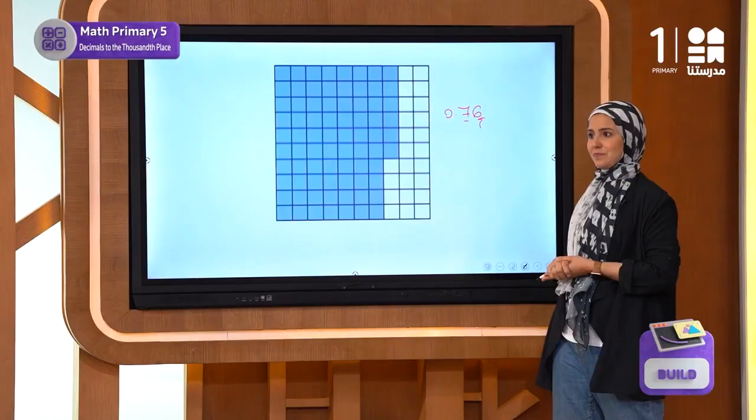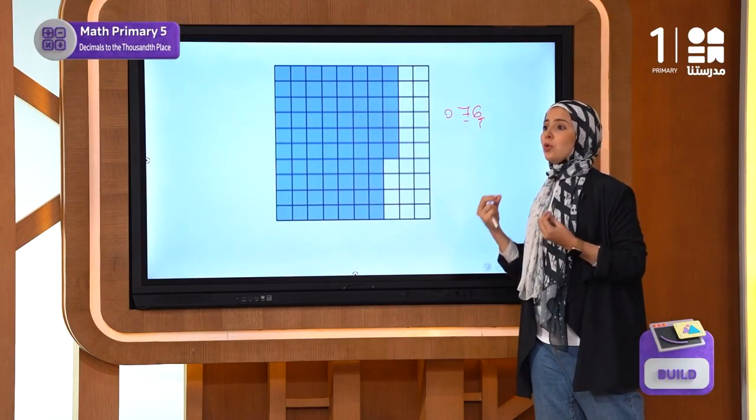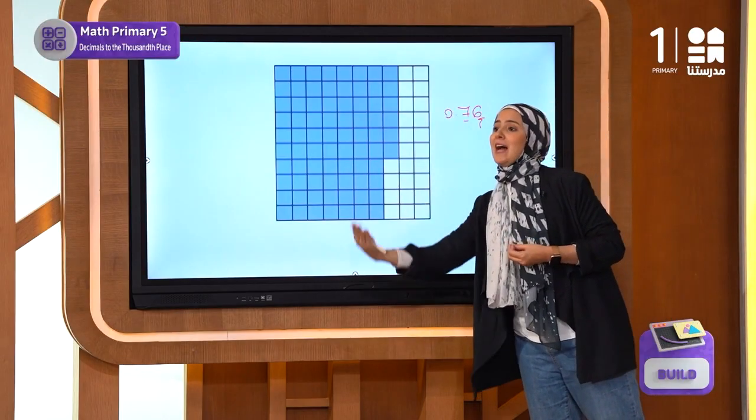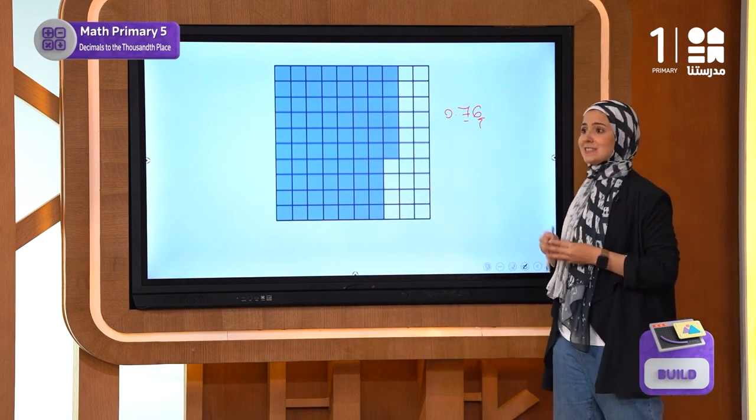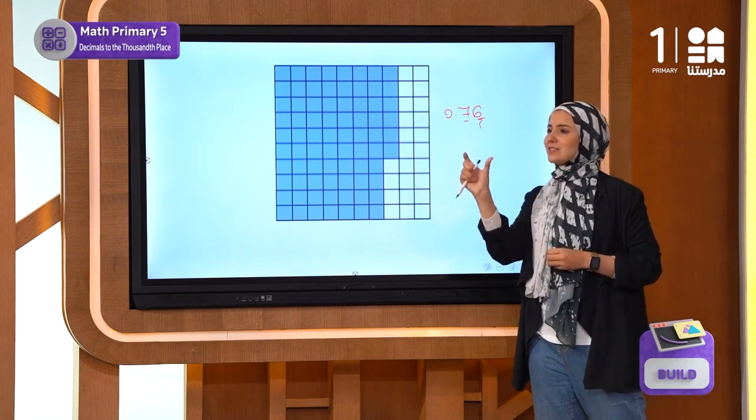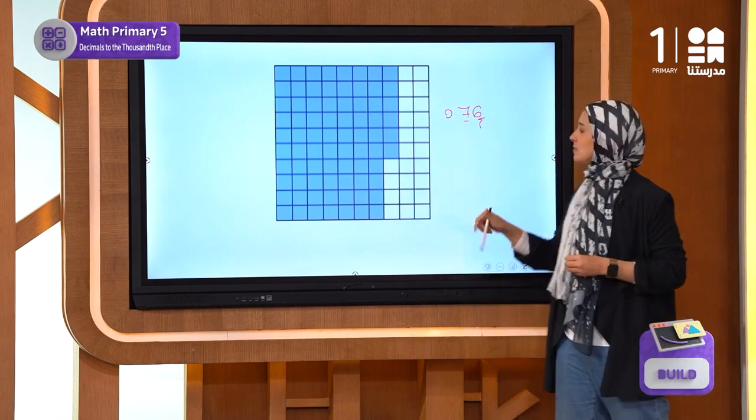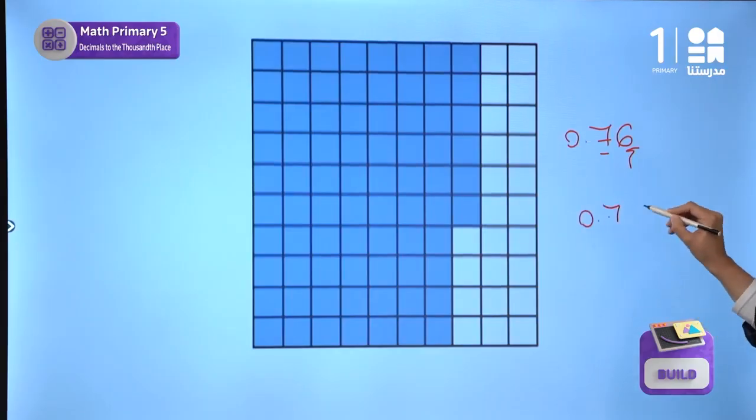Now, let's move to the what? To the 6. Now, I want you to read the number out loud. How do we read this number? The number is 76 hundredths. Now, let's read the number 0.762. How do we read it? It's going to be